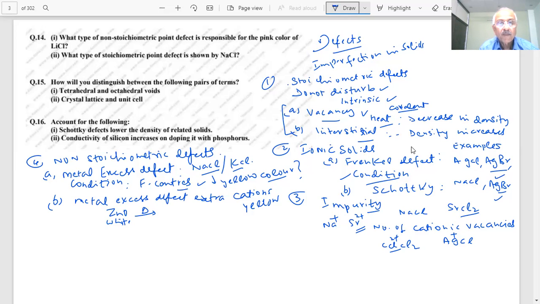Excess of zinc 2+ ions will move to the interstitial sites. The color is not due to Zn2+ ions. Color is never due to these cations, students. Then color is due to what, students? It will be due to electrons moving to the neighboring interstitial sites. These interstitial electrons will impart the color. Electrons absorb the visible light radiation, students. When they absorb some wavelength, they will transmit others. I am wearing a red shirt means what? It is transmitting the red, absorbing others.